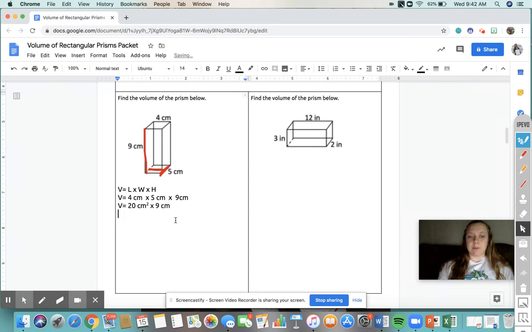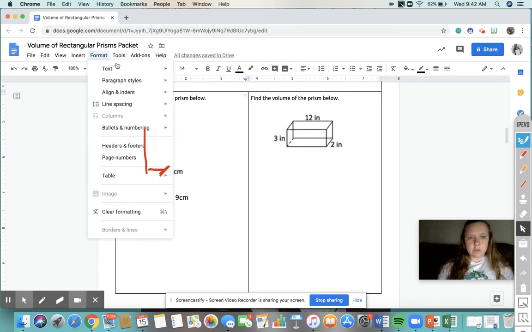I'm going to go underneath. I'm not done with my problem yet. So I have 20 times 9. Well, I know that I'm going to do this in my head, mental math. 9 times 2 is what? 18. And now it's 20, not 2, so I have to add an extra 0 at the end of the 18, so 180. 180 centimeters. Well, how many centimeters do I have? This says 2, and this is another one, so how many altogether? 2 plus 1 is 3. So centimeters